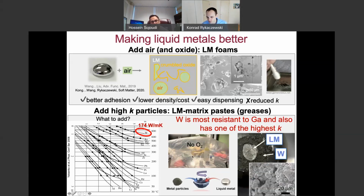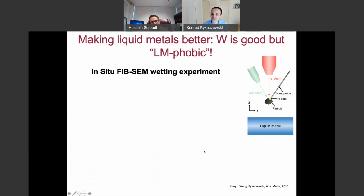And to a little bit of our surprise, nothing happened. It was almost impossible to mix the two together. And you can see it much nicer using a technique I developed a couple years ago for in situ imaging with liquid metal behaviors, right? So this is inside of a FIB-SEM, so you have this electron beam, you have a little nanomanipulator with which you can move particles and you can glue them to it, and you also have a gallium beam